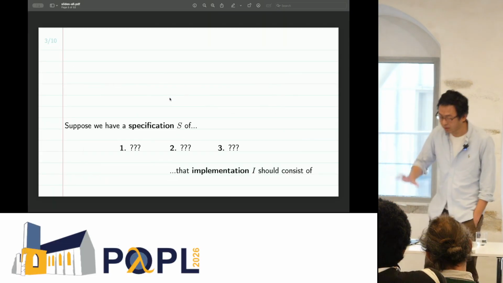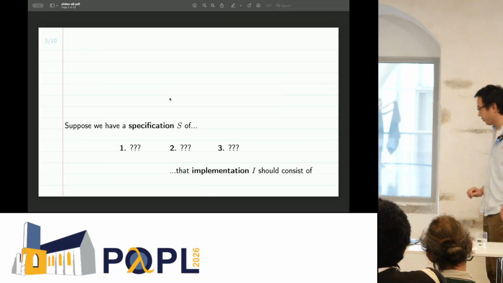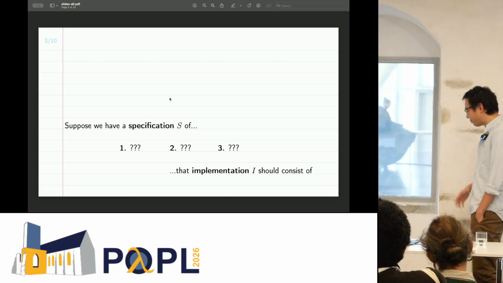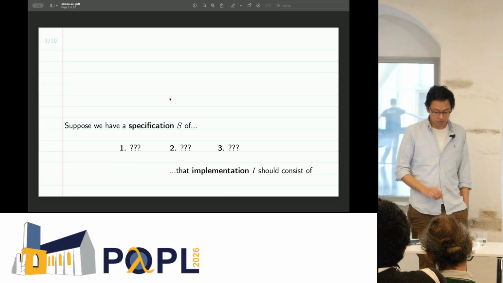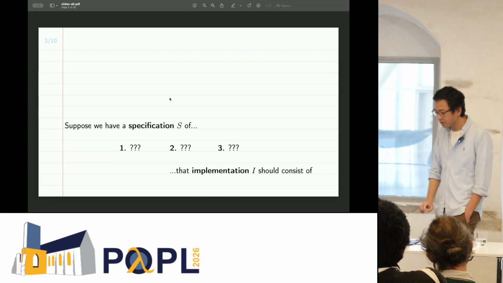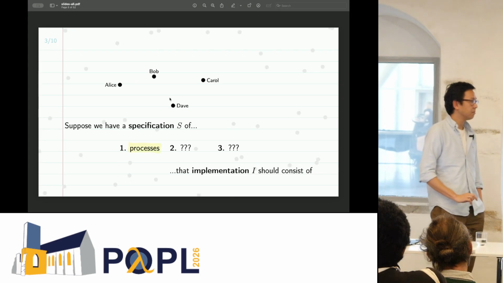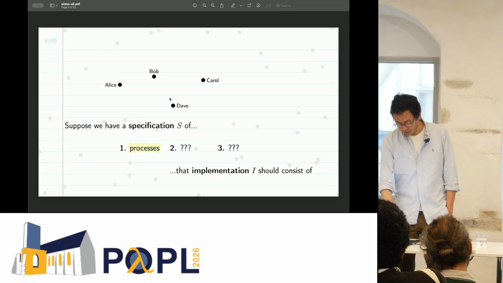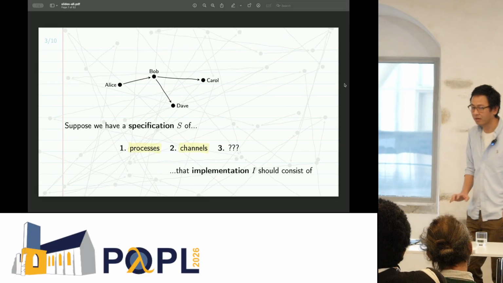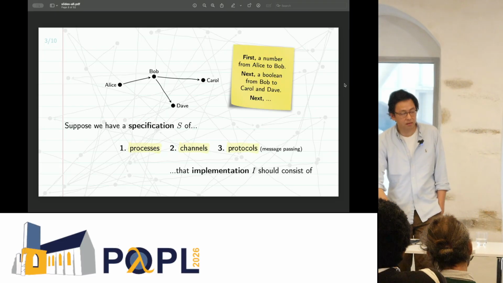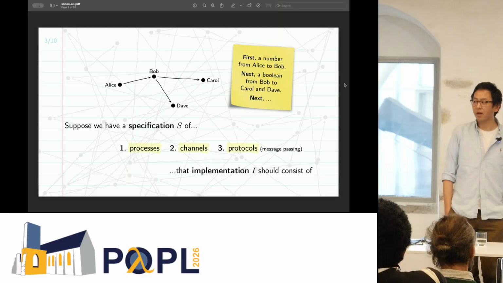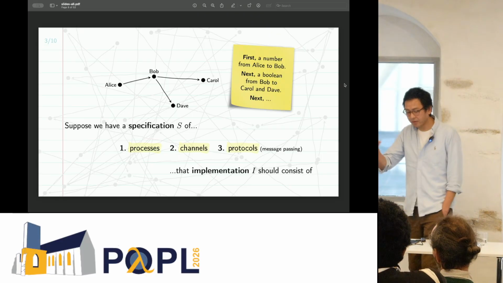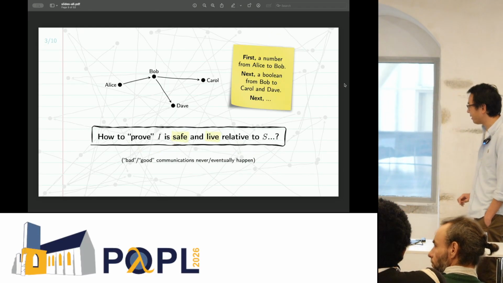Now, let me be a bit more precise about which problem in particular we want to help programmers with. So, imagine that we are programmers, and after doing a lot of work, we have written both a specification and an implementation of our concurrent program. And I'll assume that our specification consists of at least 3 pieces of information. First, we need to know something about the processes that this program consists of. We also need to know something about the channels between those processes, and finally, we need to know something about the expected message passing behavior that the processes engage in, or in other words, the communication protocols they need to comply with.